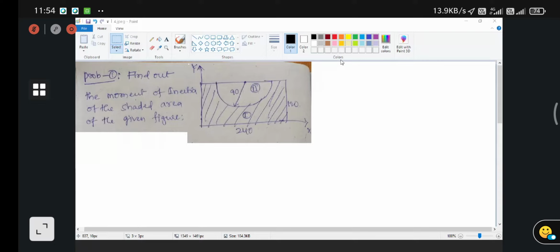This particular type is going to start. We will discuss the I section, and also somebody is not clear about quarter circular or semicircular portions, how to remove them from your given rectangular section.